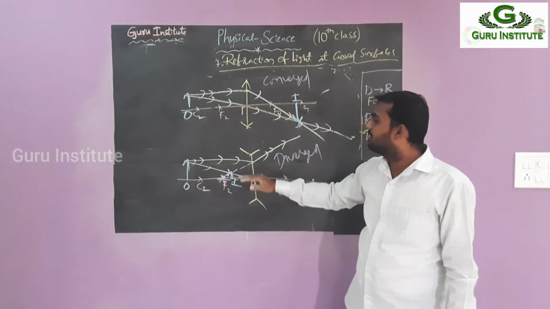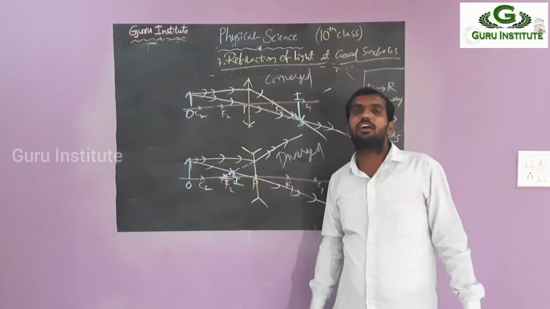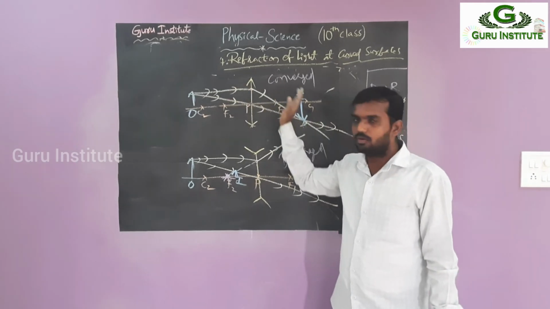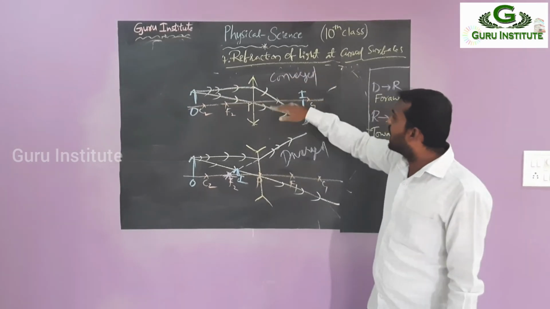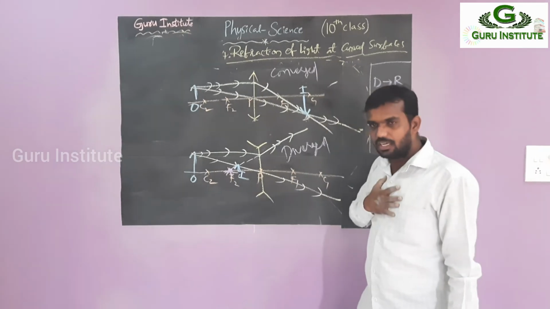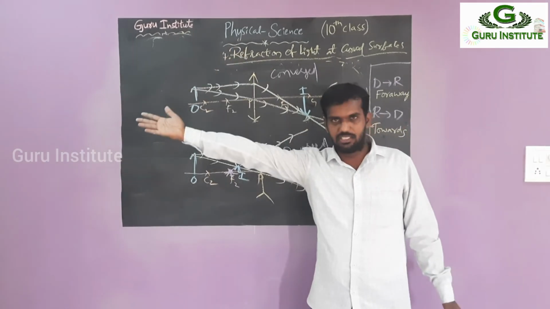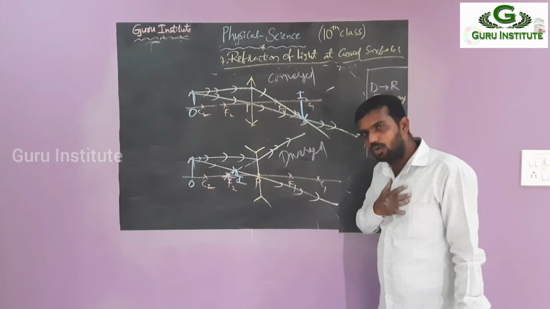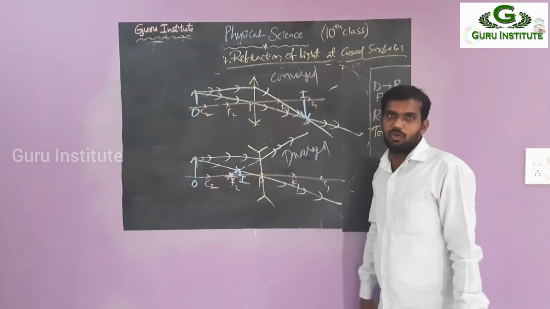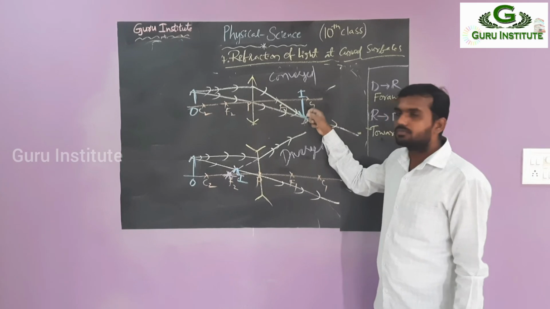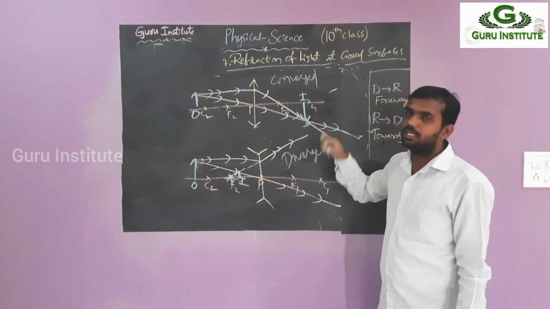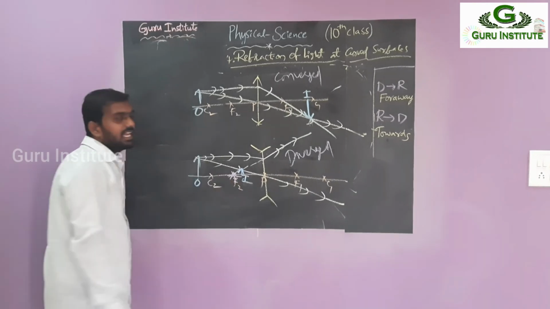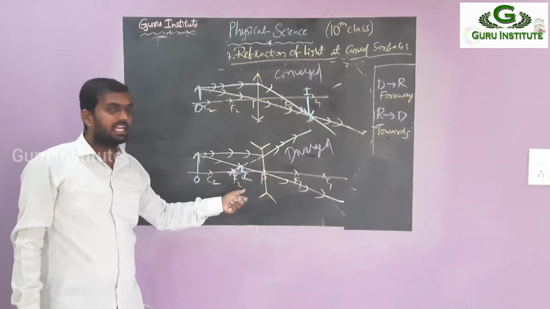Okay, and it is always found on the same side. Here we are not taking the inner side. Why? Because there is no inner side or outer side, only same side or other side. In this one, the image is formed on the other side. If the object is here in the convex lens, the image is formed on the other side. But in the case of concave lens, what happens? The object is on this side only, and the image is also on this side only. This one is a real, inverted image. This is a virtual image, because this is the erect one. It is always found between P and F only.